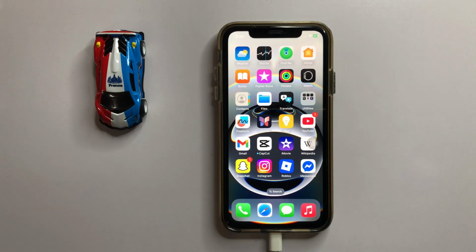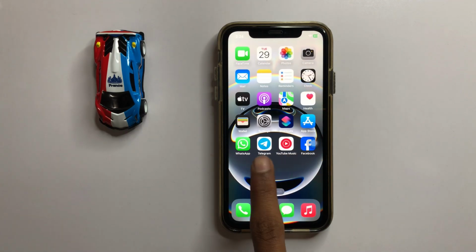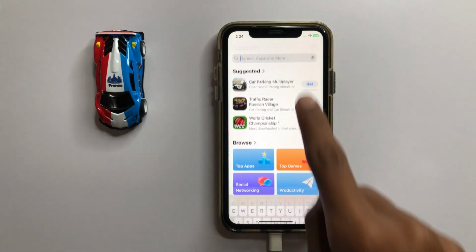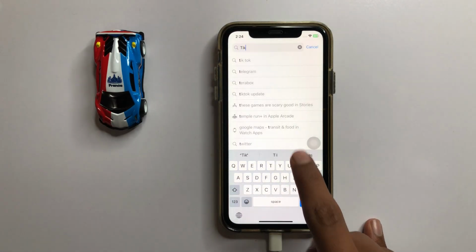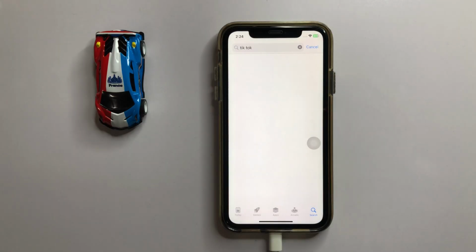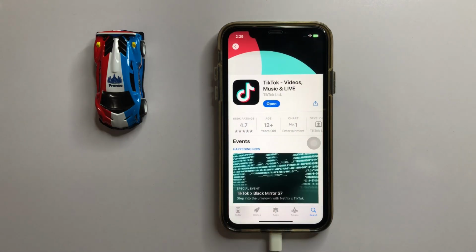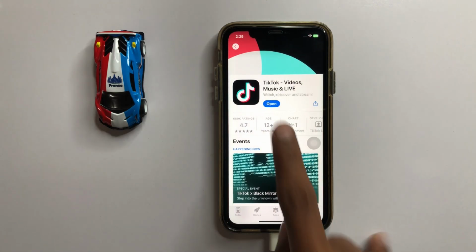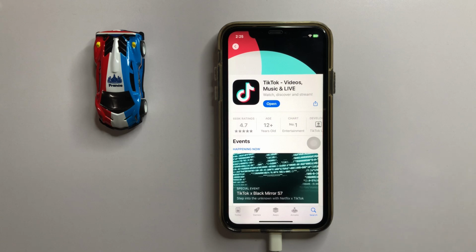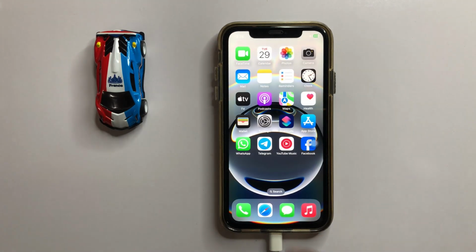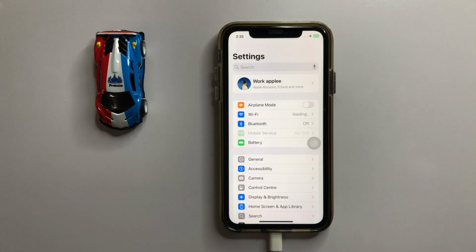First of all, if you want to fix this problem, then firstly open your App Store and then search here TikTok. Now check your TikTok updates. Now click on TikTok. If your TikTok has any update, then here you can see the update option. Then update your TikTok. After updating your TikTok, go back to your home screen and open settings and click